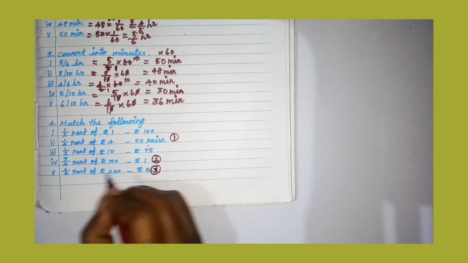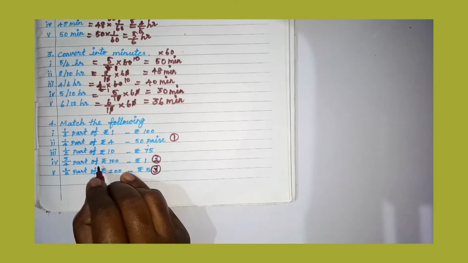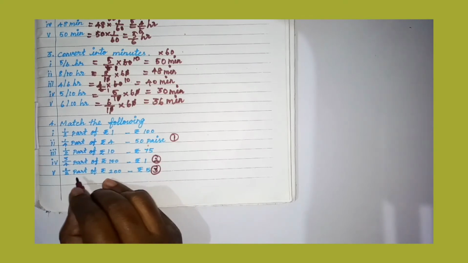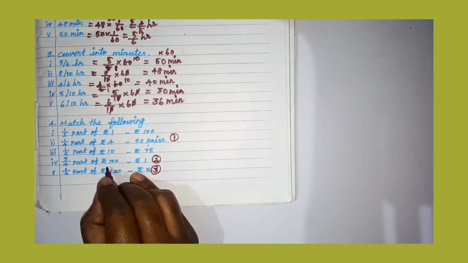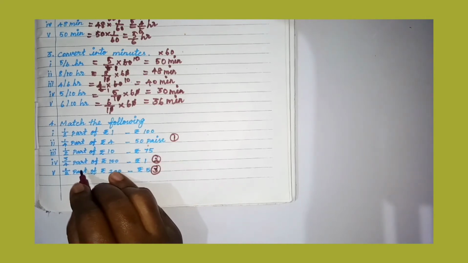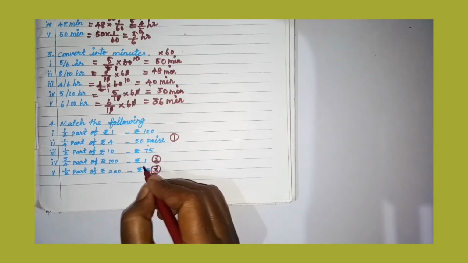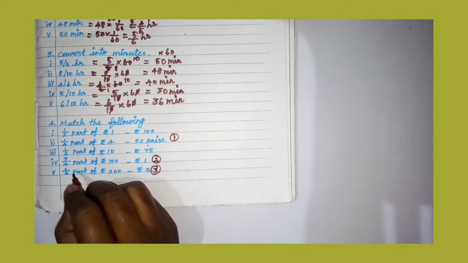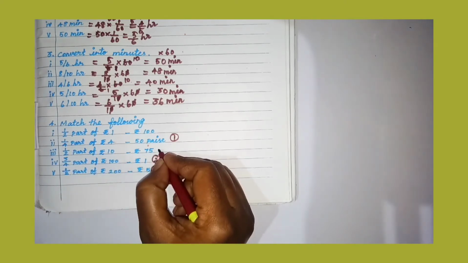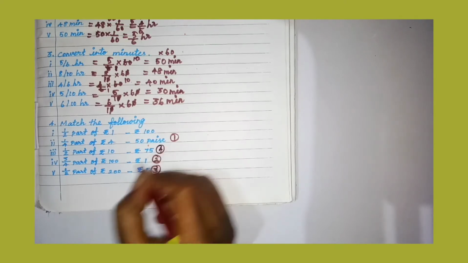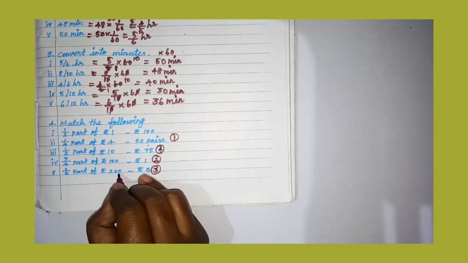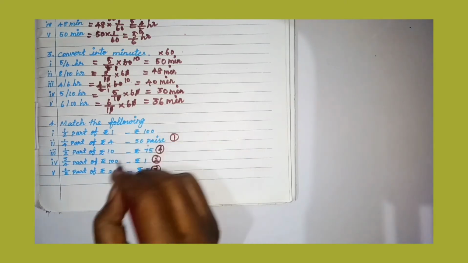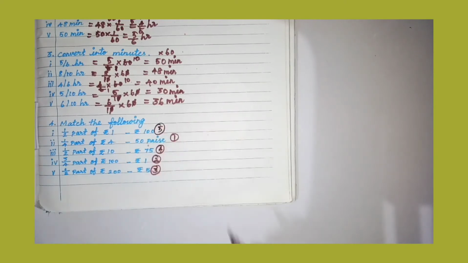Third one answer. Next, 3 by 4 part of rupees 100 rupee. So 3 quarter part. So 100 rupee half part value is 50 rupee. Next, 3 quarter part value, add 25 means we get 75 rupee. So 3 quarter part value for 100 rupee value is 75 rupee. Half part of rupees 200. So full part 200, half part value 100 rupee. So fifth one 100 rupee.